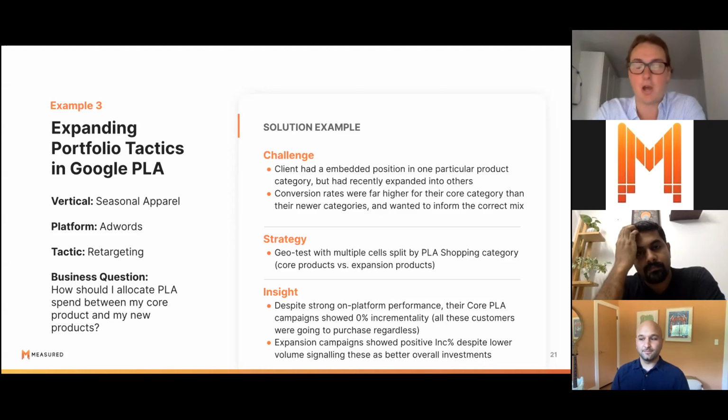However, the expansion product audience did see a pretty significant lift. Even though total volume was worse and total conversion rate was worse, because again, they're not known for these products, the sales that they did drive through Google were incremental. So they were driving volume via those PLA ads where they weren't for the core group, which is an interesting takeaway. They ended up reallocating their budget based on this and, as the test predicted, really didn't lose any impact in their core product for Q4, but were able to drive a lot more sales in the places that were less known.